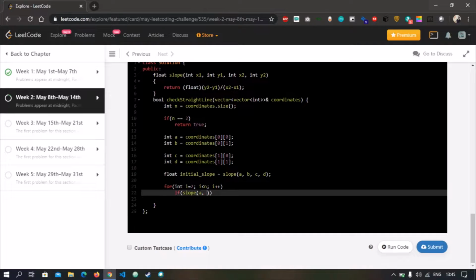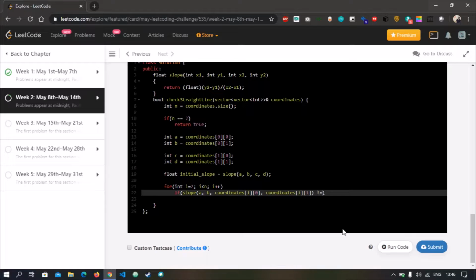We pass a comma b and the other coordinate will be coordinates[i][0] comma coordinates[i][1], that is the x coordinate of our ith element and y coordinate of our ith element.